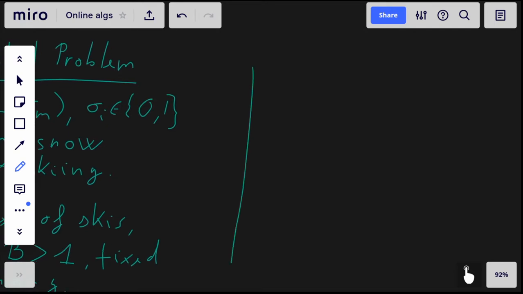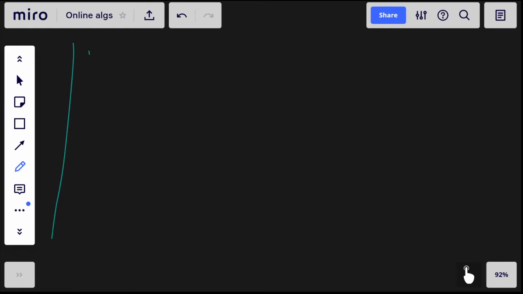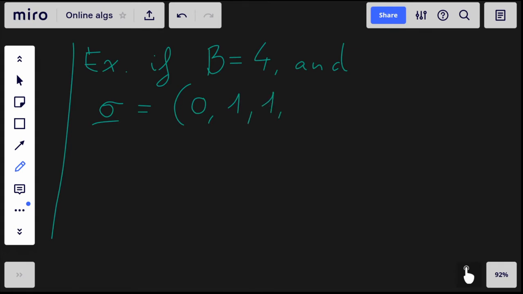So for example, if the price of the skis is say 4, and the input sequence is say 0, 1, 1, 0, 0, 1, 0, 1, 1, say, and then some possible action sequences